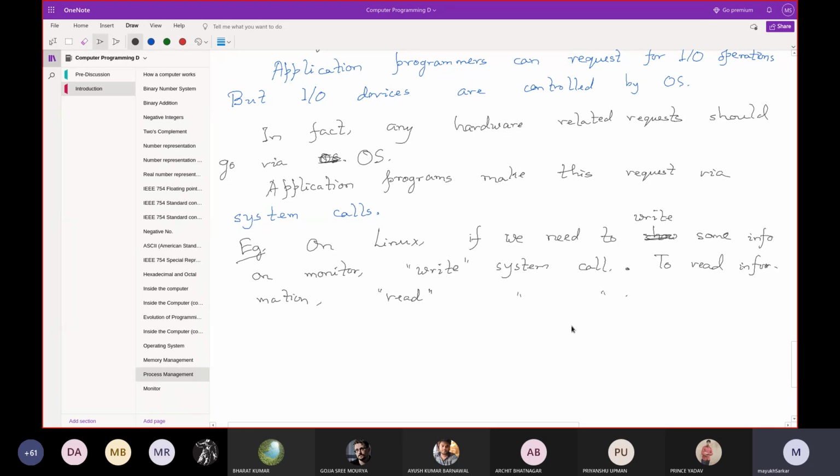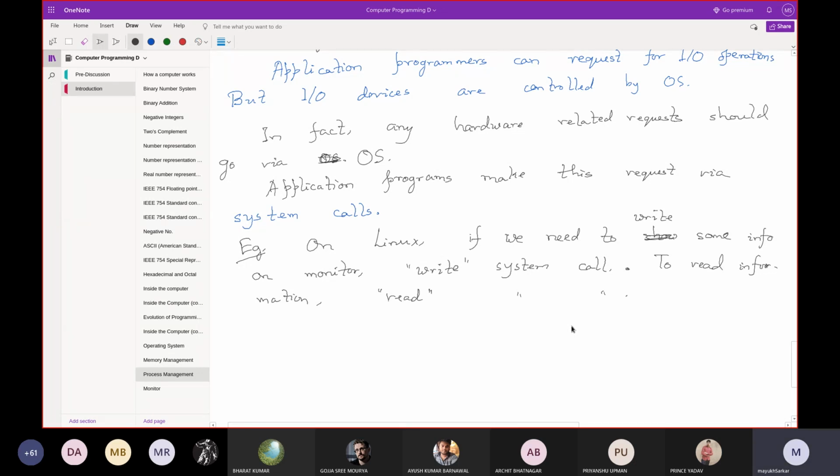Now you may ask, where are this write and read? What you are seeing is printf and scanf. The fact is, printf internally is invoking this write system call, and scanf internally is invoking the read system call. Now another question might occur: why printf and scanf, and why are we not using the read and write system calls directly? You can. There is a header file for that as well in Linux, but printf and scanf are used mostly because they are a wrapper above the read and write system calls, which makes it OS independent.